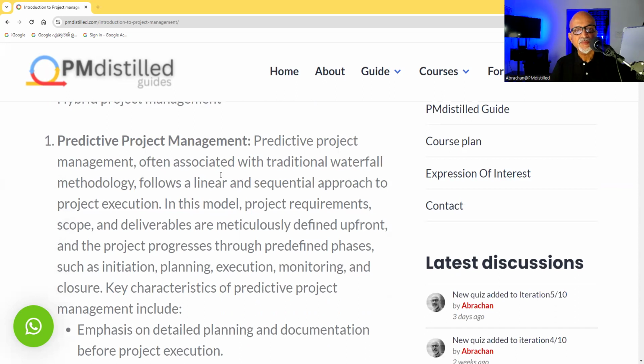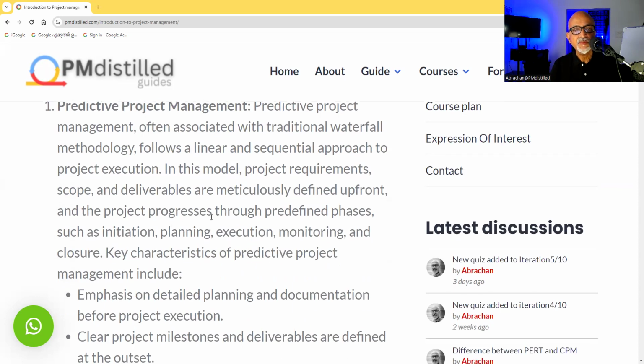Predictive project management is associated with the traditional waterfall methodology, and it follows a linear and sequential approach to project execution. That means here we are talking about end-to-end project planning, detailed planning. This is very much applicable for projects where the requirement, scope, and the deliverables are very clear, rather meticulously defined upfront. And the project progresses through predefined phases like project initiation, project planning, execution, monitoring and controlling, and